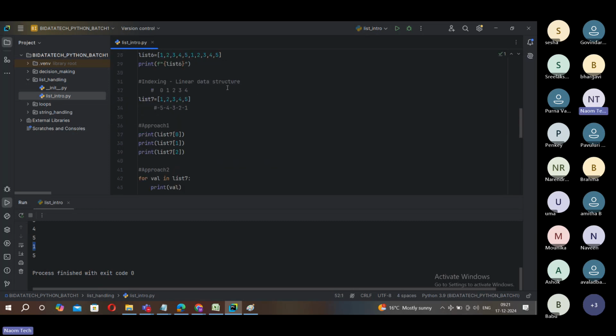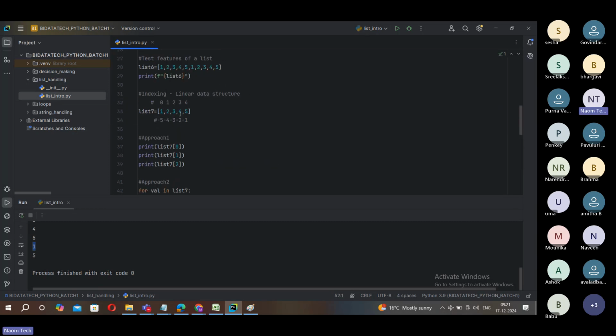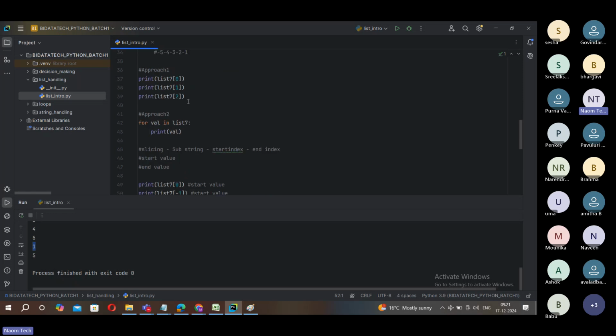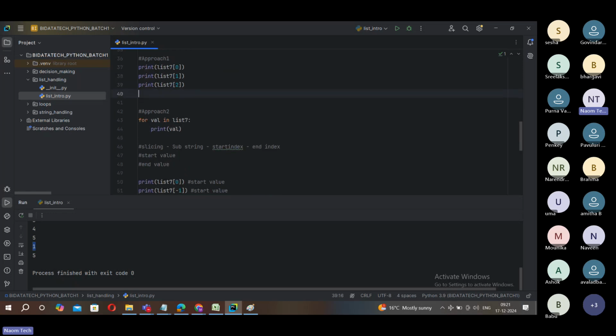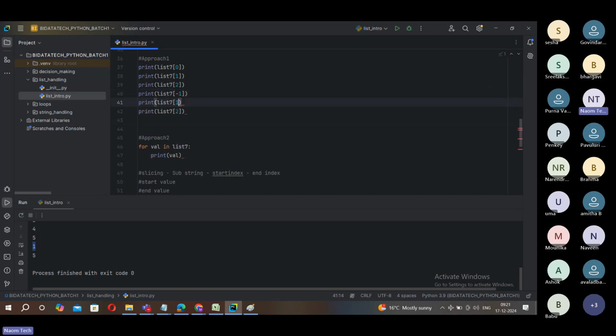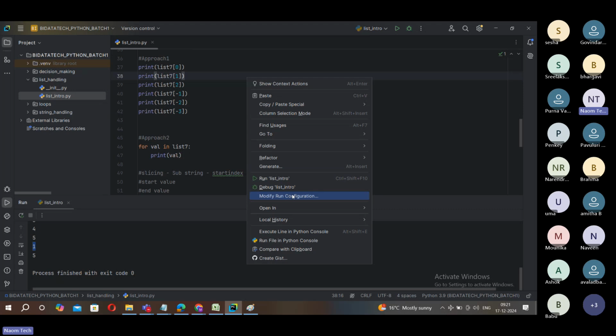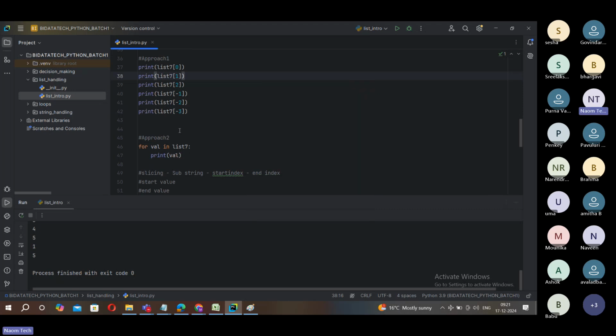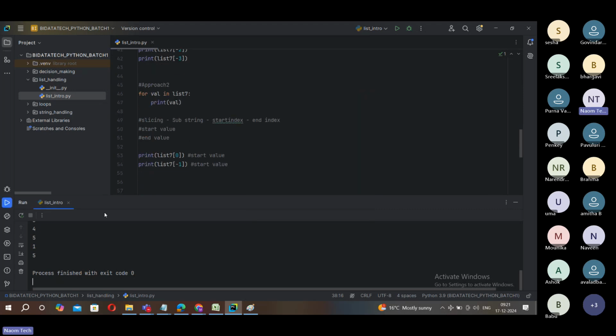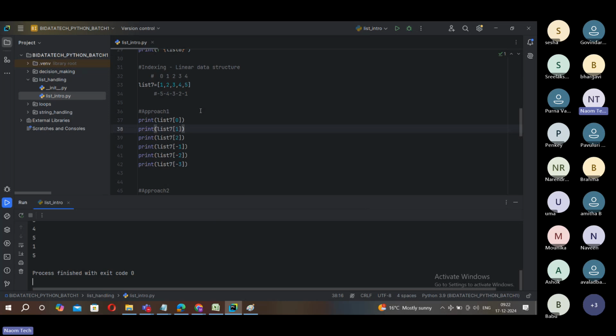So we had covered these important things about indexing, how it works, and you can apply negative indexing as well. Just a quick check for you. What you can do is start with -1, -2, -3, something like this. Then run this now. Maybe we can add a print here just to make sure that